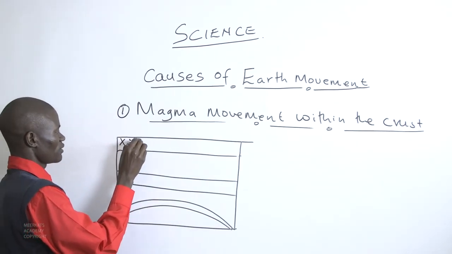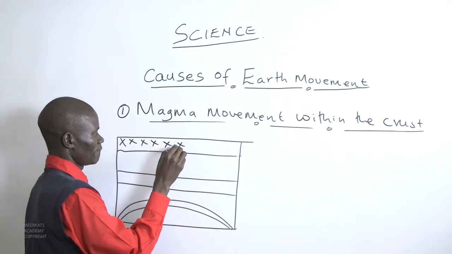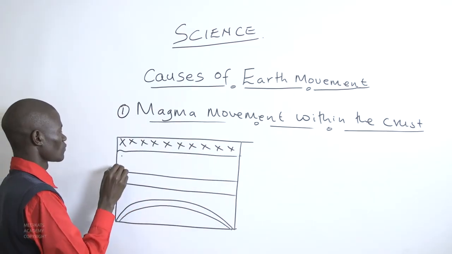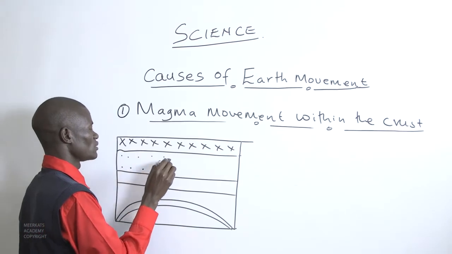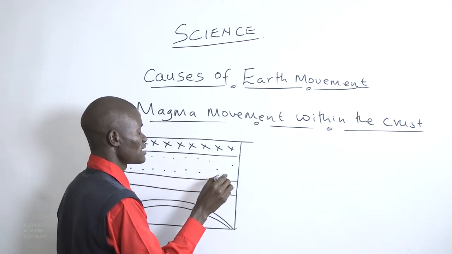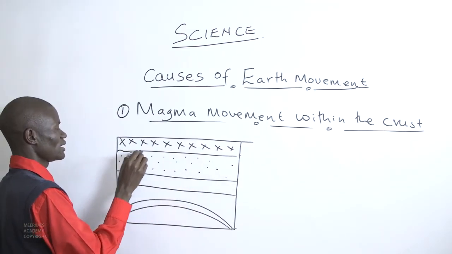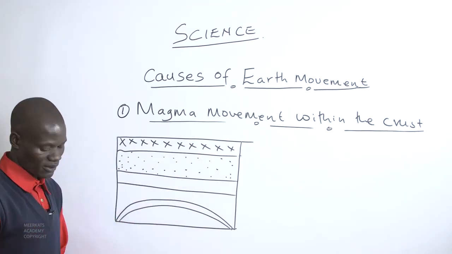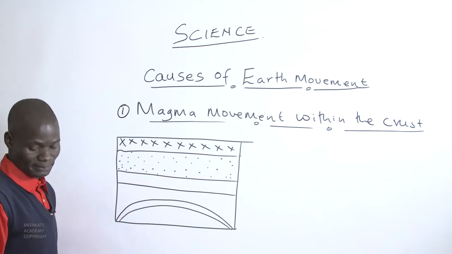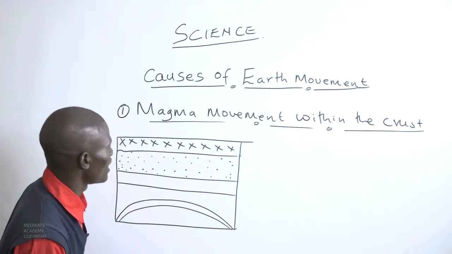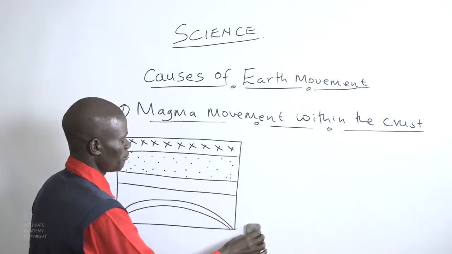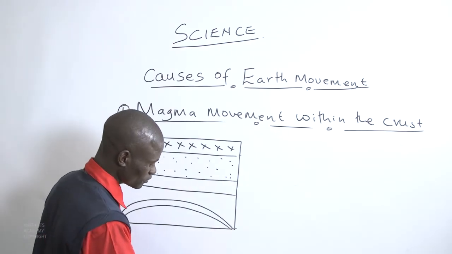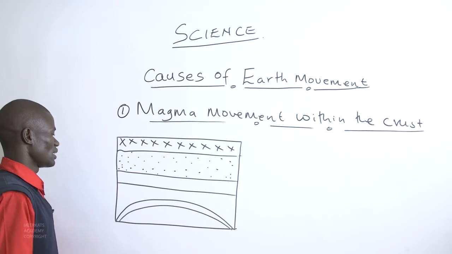These represent the crustal layers. We are looking at the mantle. You see, the earth crust is made up of various layers, and we have a layer that is known as the mantle. When you study the mantle carefully, it is made up of clastic rocks, and a number of them are rigid,